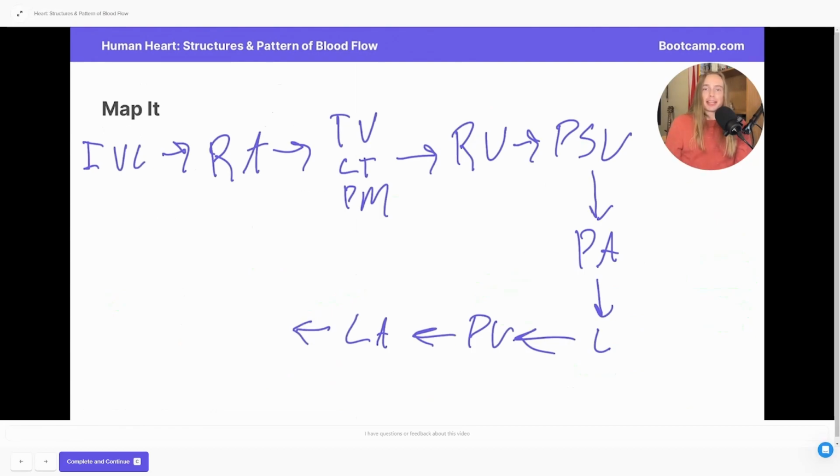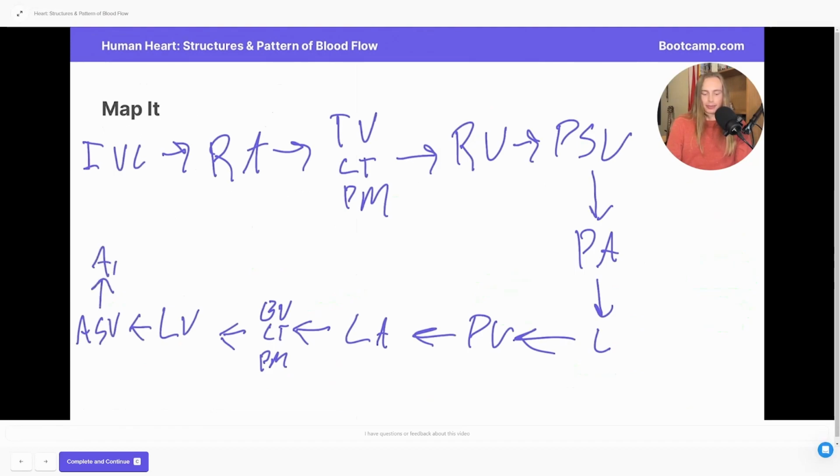Once our left atrium begins to contract, we're going to end up passing our bicuspid valve, which we'll label as BV. Remember, this also has chordae tendineae and papillary muscle present. And after we've passed this valve, we are officially in our left ventricle. Once our left ventricle begins contracting, we're going to pass by our aortic semilunar valve, and we're going to enter